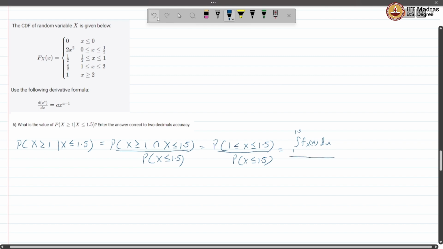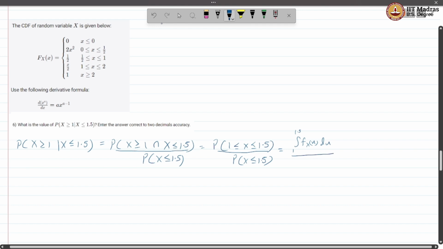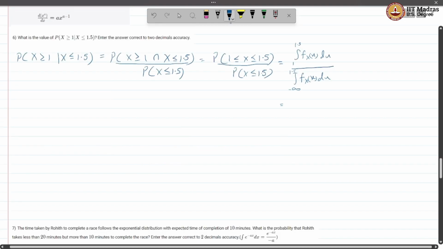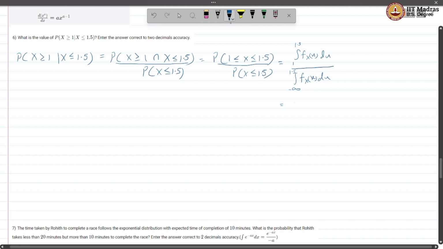And for finding the probability that x is less than equal to 1.5, we will simply integrate the PDF from minus infinity to 1.5 with respect to x. This will be equal to, as the PDF in the interval 1 to 2 is equal to 1 by 2, so the numerator will be integration of 1 by 2 with respect to x from 1 to 1.5,